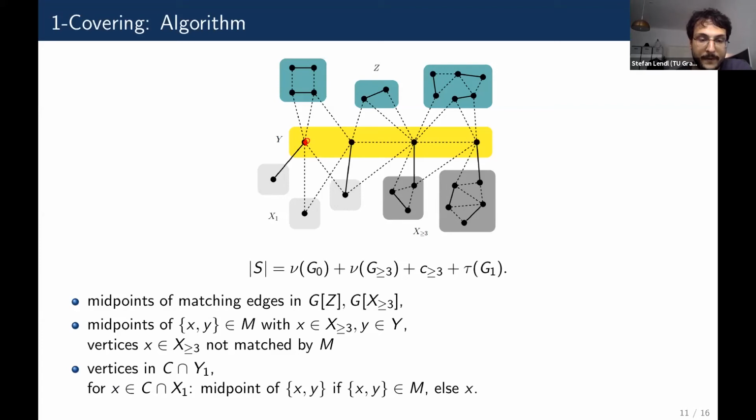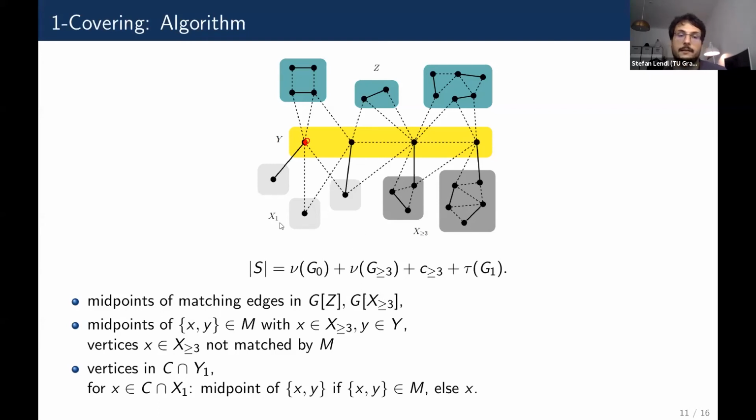For the vertices in the vertex cover which are contained in X1, we make a case distinction. Either in our maximum matching there is an incident matching edge to this point. In this case, we would take the midpoint, and otherwise we would just take the point. And after taking this solution S, it's easy to see that this has exactly this cardinality, and we